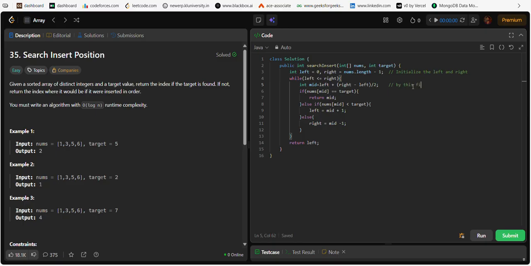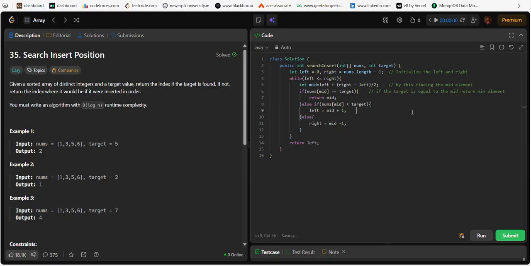If the target is equal to the mid, then return mid. Again we are checking if that mid element is not equal to the target, then we are doing